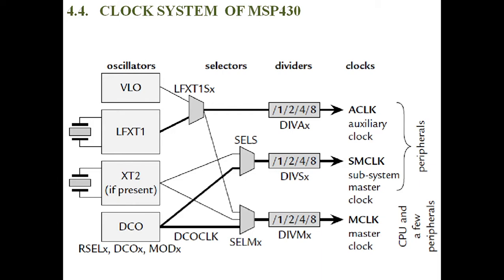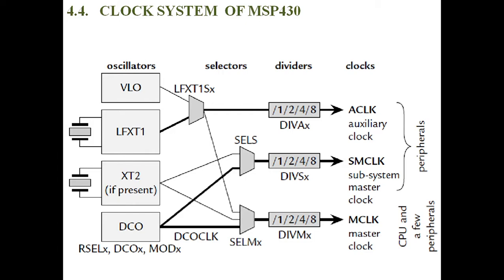It is an internal RC oscillator, so there is no need for external components. Then it saves the cost and the space required for placing external crystals, and also it reduces the power consumption by generating low frequency signals. Once it generates the 12 kilohertz signal, that is given to the divider based on our desired clock frequency. That means the device operating frequency.